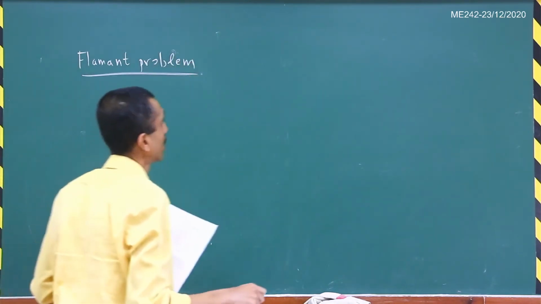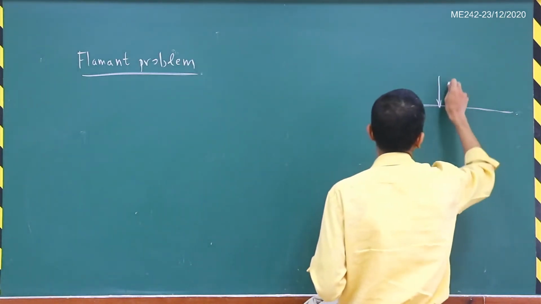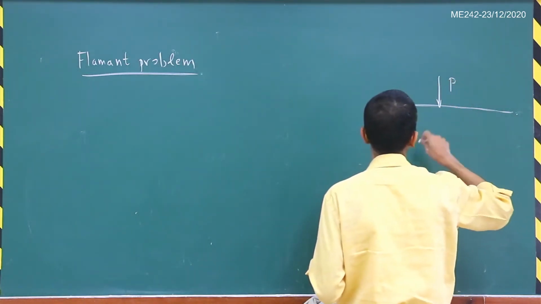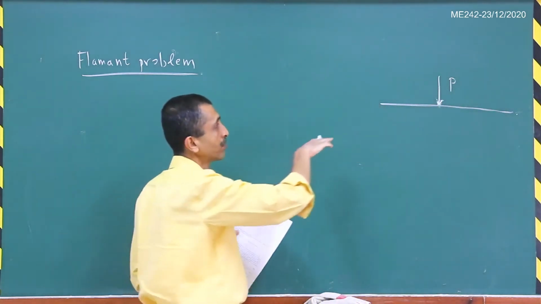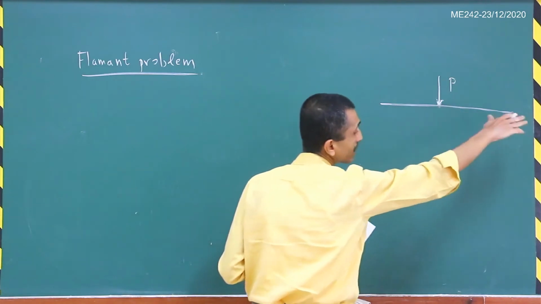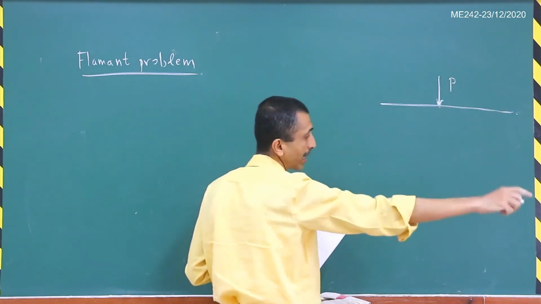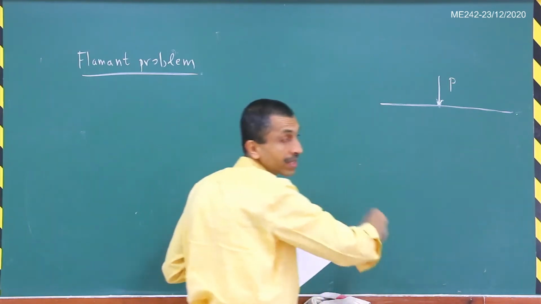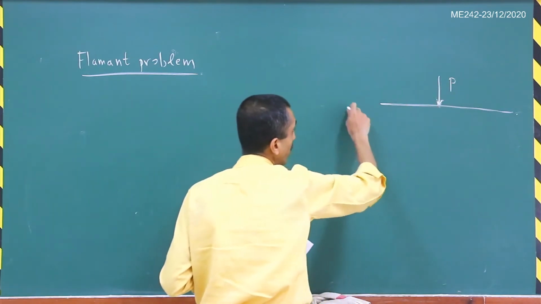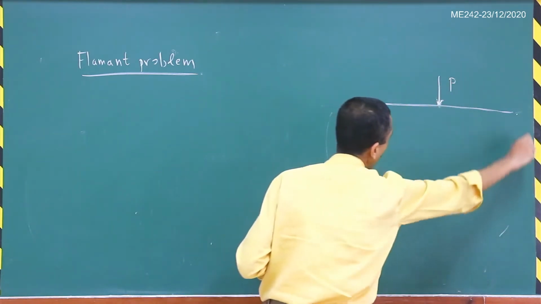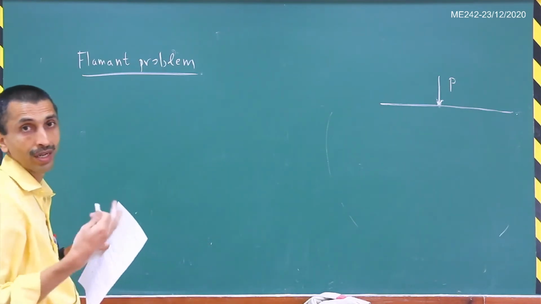So basically there is a half space here, and this is a point load P that is acting on this half space. What do we mean by half space? Half space means that there is this surface which extends from minus infinity to plus infinity, and it extends to infinity in all these directions. So this is a free surface. You are applying a point load here, and then here it's all infinity. We want to find the solution under this point load case.